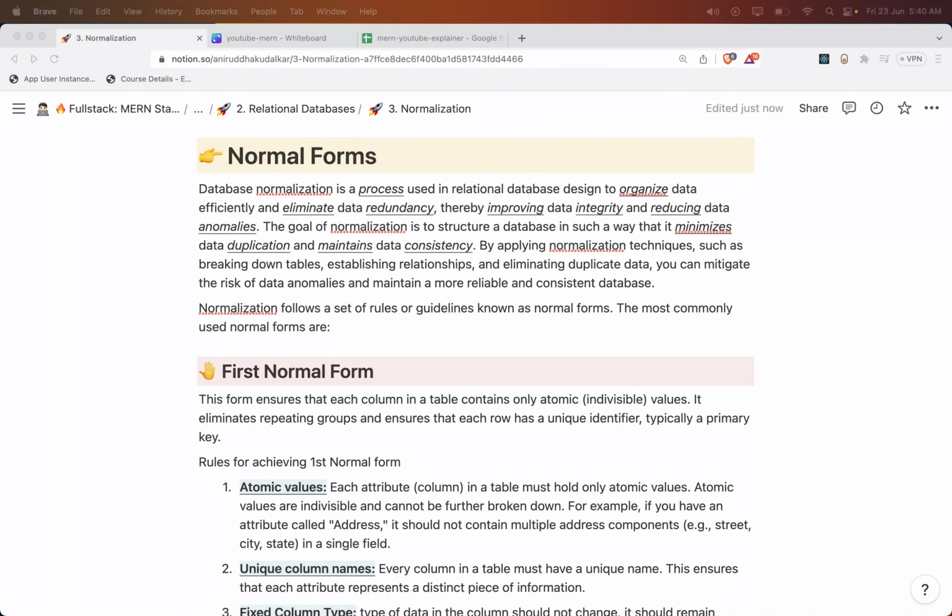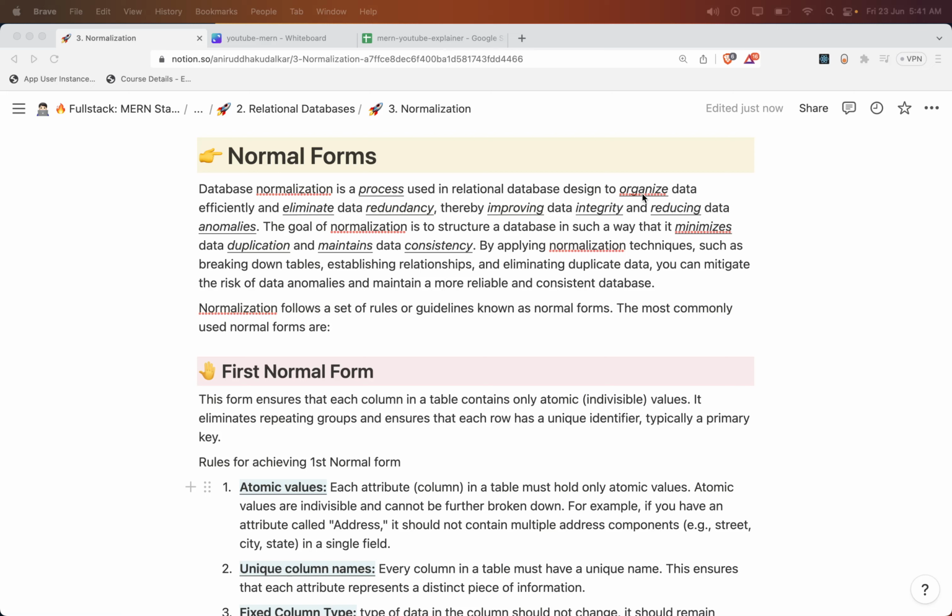Hi, in this topic we are going to see what we mean by normal forms and why they are used. When you talk about normal forms, remember that it is the process of creating the table structure in a well organized and efficient way. Database normalization is a process